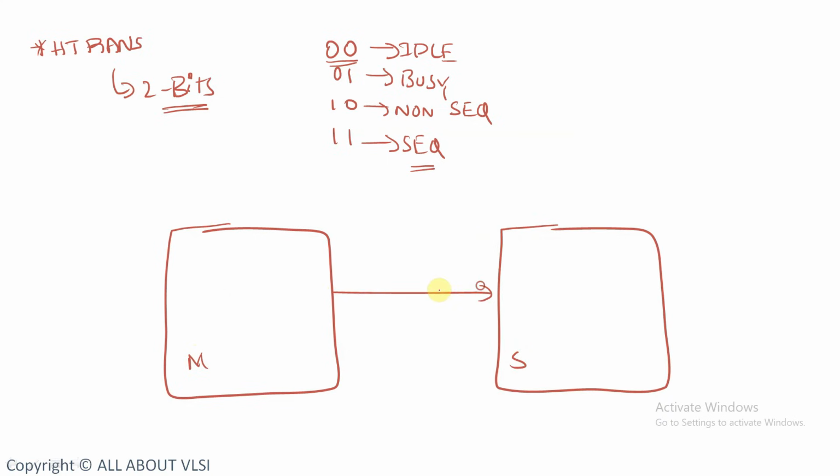This is output for our master. Now this HTrans, it is equal to 0 0. That means master is idle. It is not involved in any other transaction. So the slave will come to know whether the master is busy or whether it is idle using this HTrans